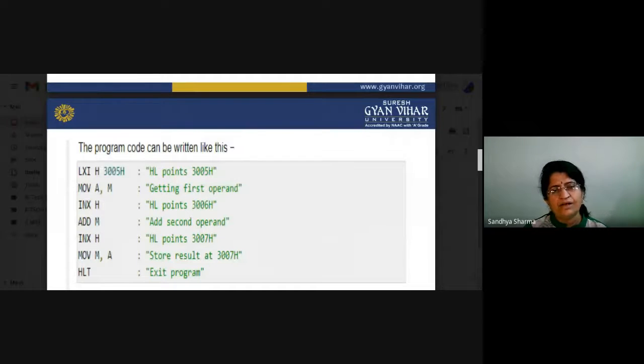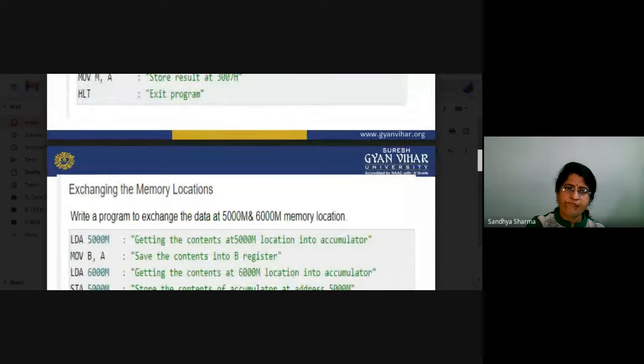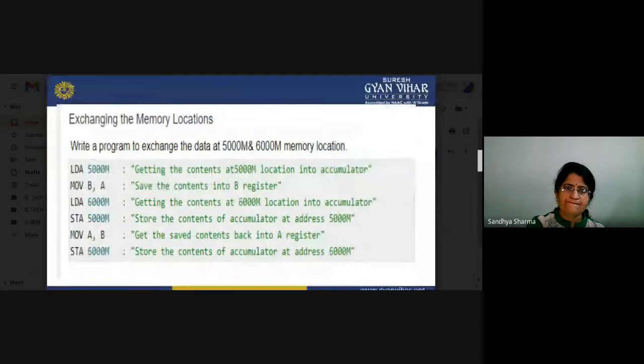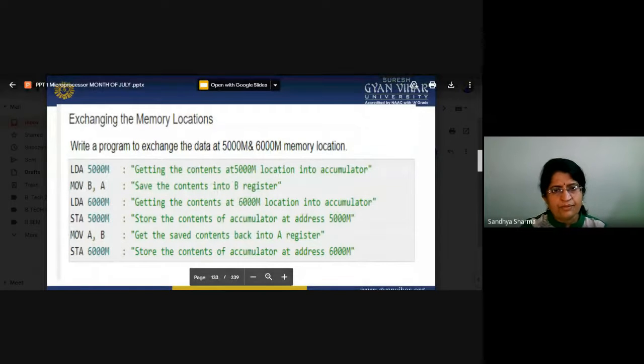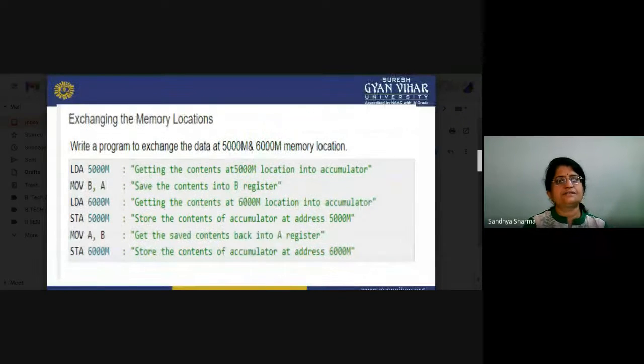So instead of using MOV A to B registers, we have to work on the memory locations, as we have already made a program. There is also a memory location to see in this program. You can also change the numbers, how you can store the data, and how we can use these locations. So LDA and STA operations can be performed easily.